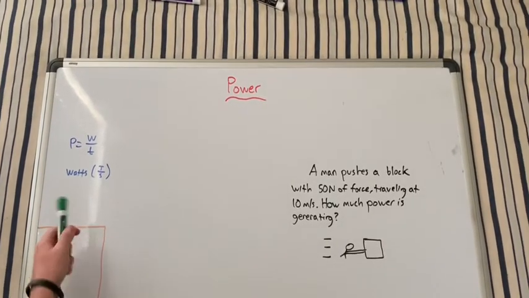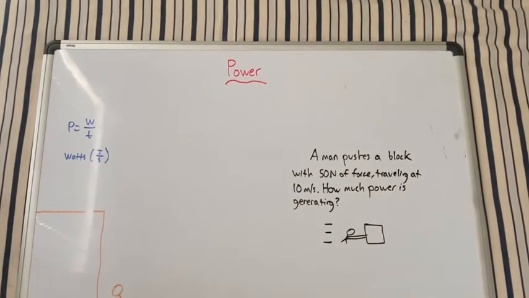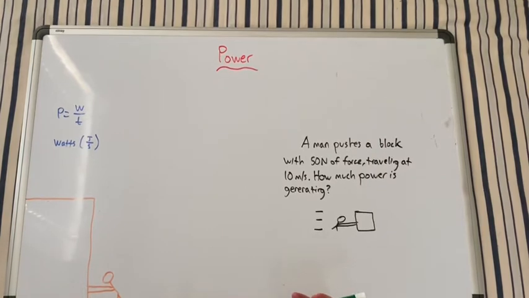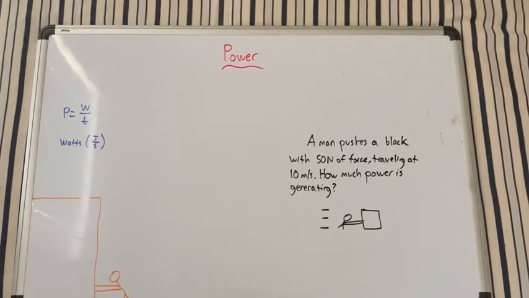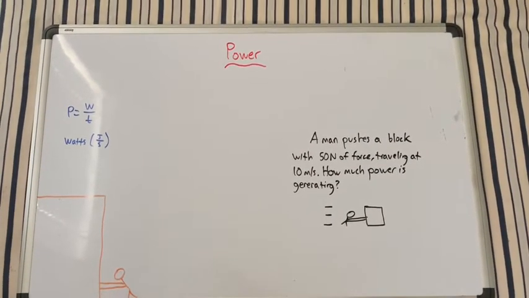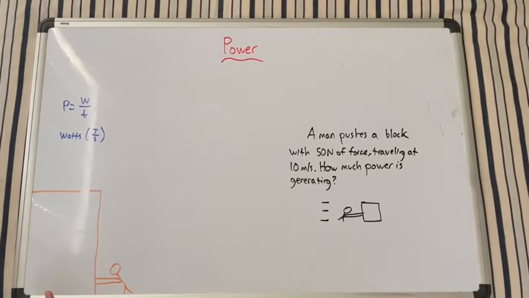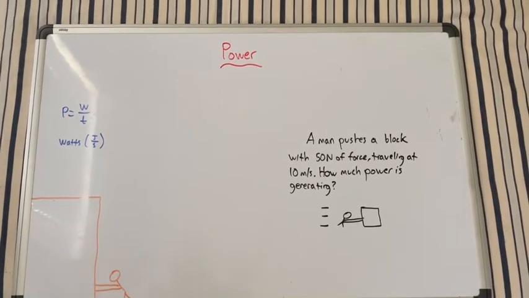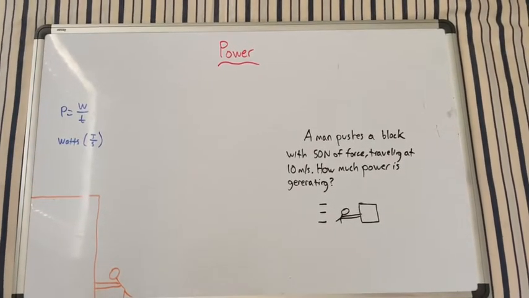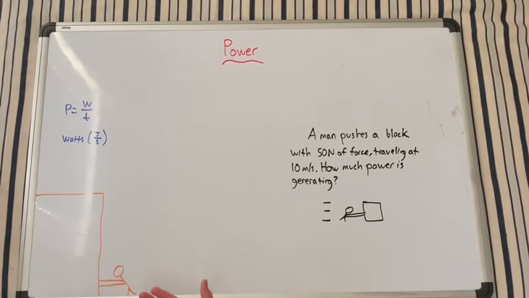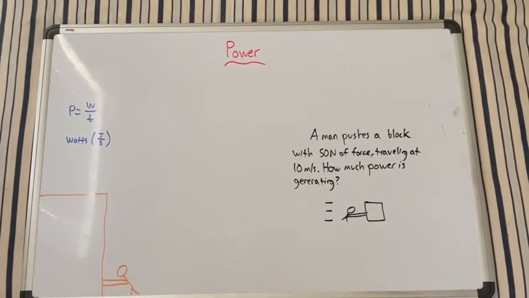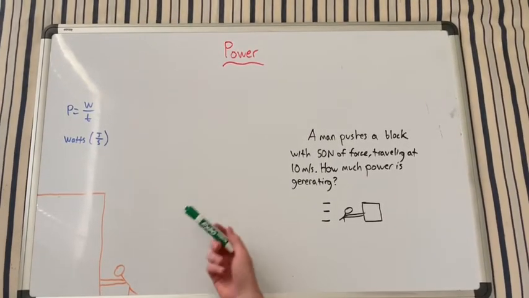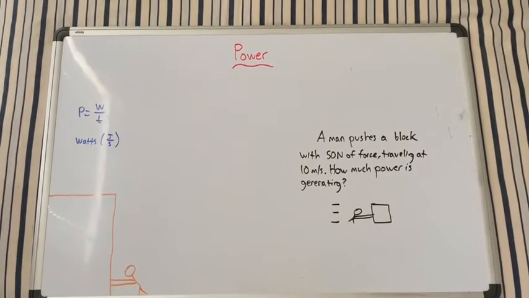So because power, based on this equation, is dependent on work being done, if we have a situation where no work is being done, there's going to be no power generated. So take this example, which is similar to the man pushing on the wall in our last video on work. So he's again pushing on a wall, and because the wall is not moving, because we know that work is force times displacement, we therefore have no work that's being done, despite the fact that he's applying a large force and the wall's not moving. So if we have no work that's being done, we don't have any power, despite the fact that he's applying